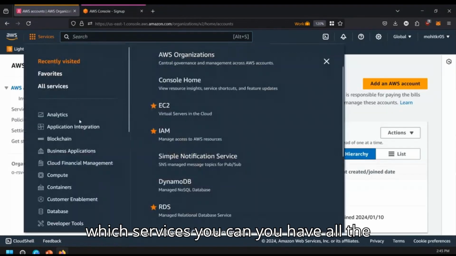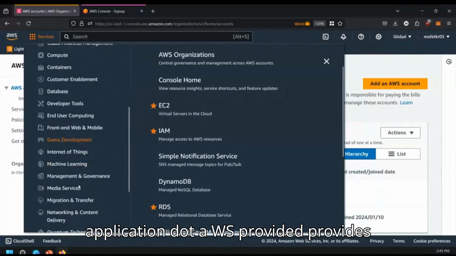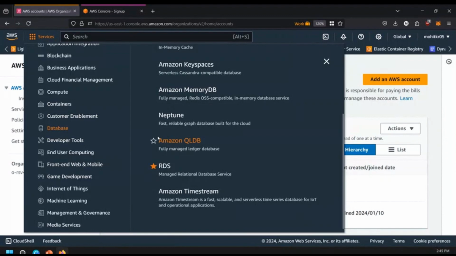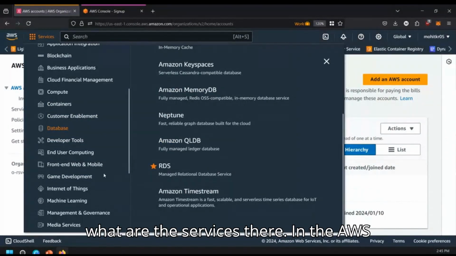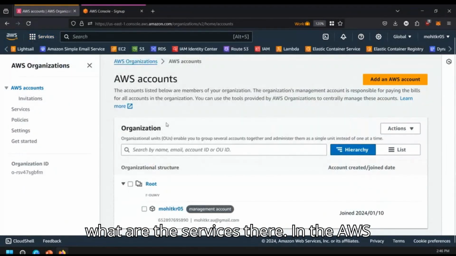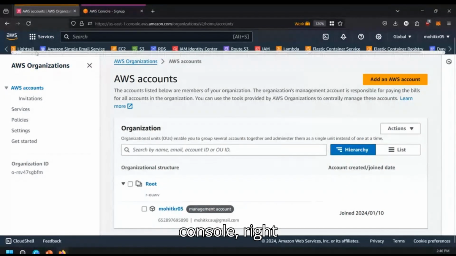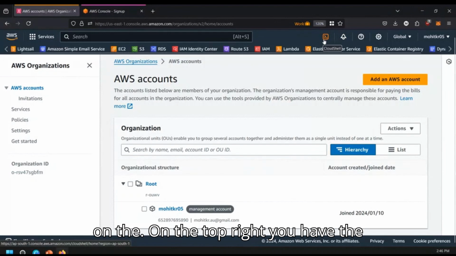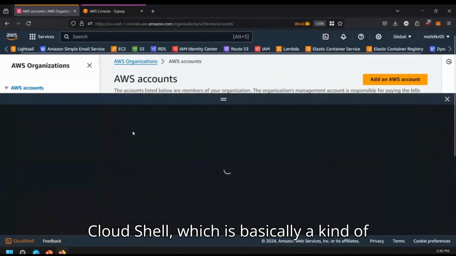With services, you have all the applications that AWS provides, for example, analytics, application integration, blockchain. So when you create your account, just go through and try to see what services there are in the AWS console. On the top right, you have the CloudShell, which is basically a kind of terminal